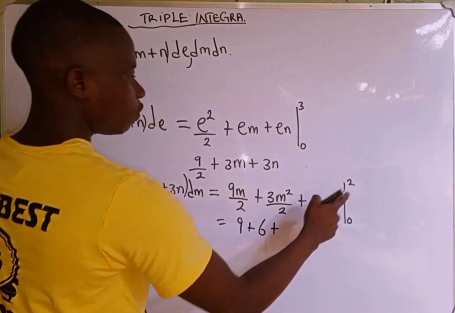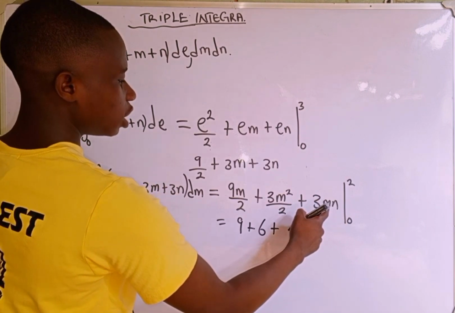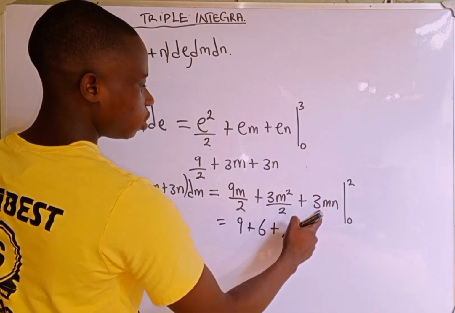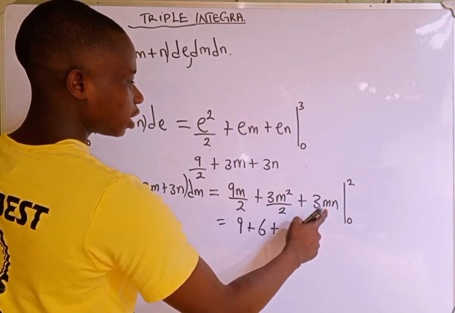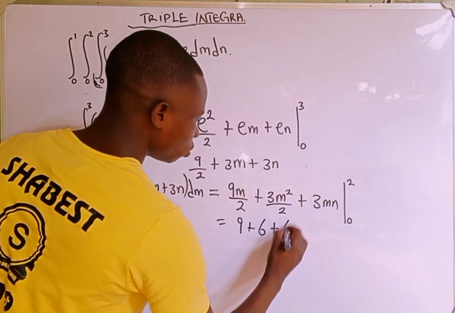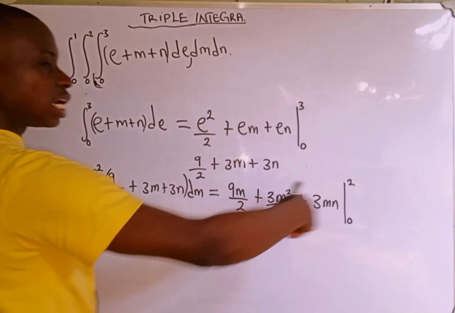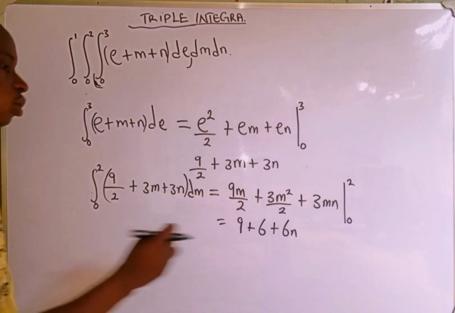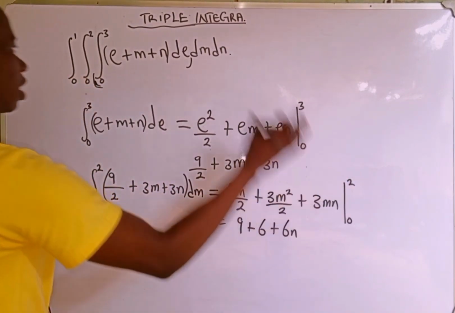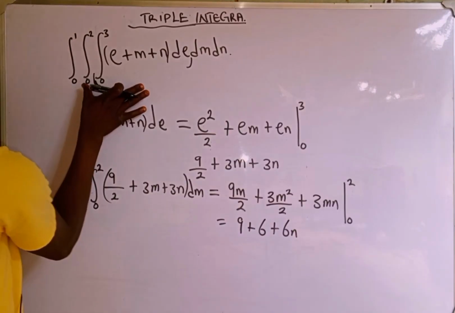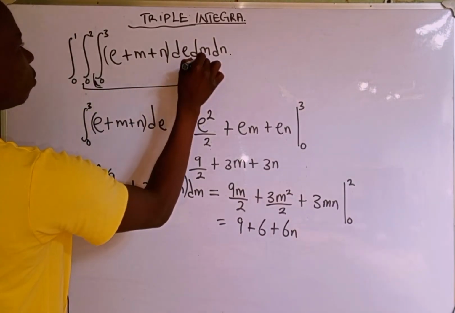Then plus, if you substitute 2 in place of m here, it's going to give us what? 3 multiplied by 2 is going to give us 6. Then 6 multiplied by n is going to give us 6n. Then minus, if you substitute 0 in place of m here, all of it is going to be 0. So therefore, we're going to substitute the answer back in place of these two integrals, then we